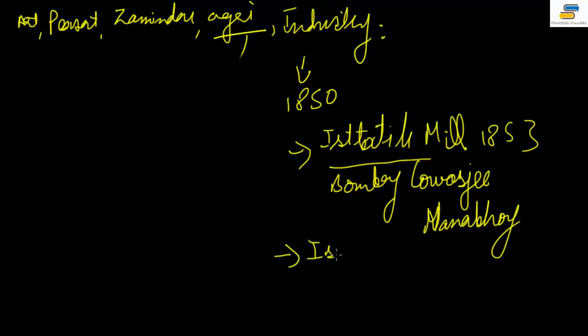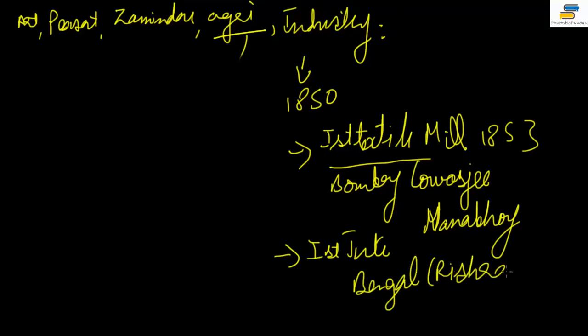When was the first jute mill set up? Where would it be? It's obvious, right? That would be in Bengal. But where in Bengal was it? This was set up at a place called Rishda, right? And this was in 1855. Year is not important. And then you had development of so many other industries, like press,